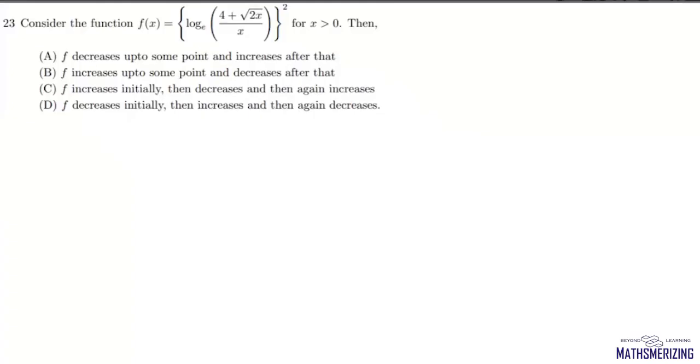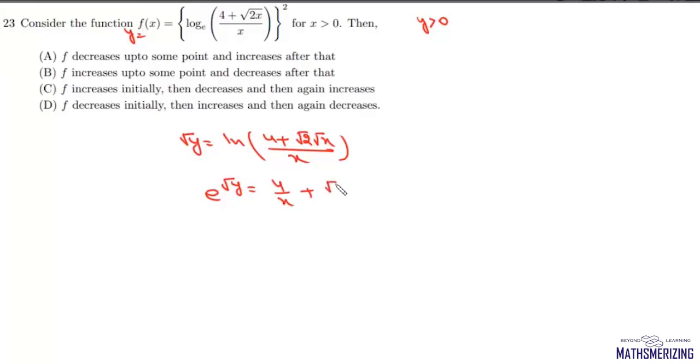Now question number 23 is, consider this function for x greater than 0. Then we need to find monotonicity of this function. Now what we'll do is we'll take this as y, and y is greater than 0. Now we can write this as under root y equals log of 4 plus root 2 into root x upon x. Now we'll take this anti-log. We'll write e to the power under root y equals 4 upon x